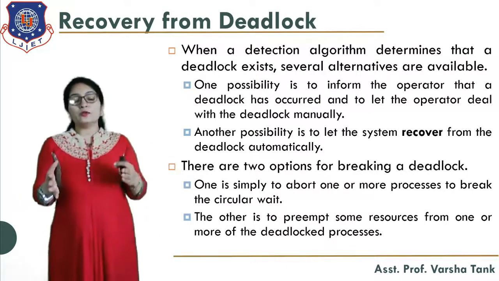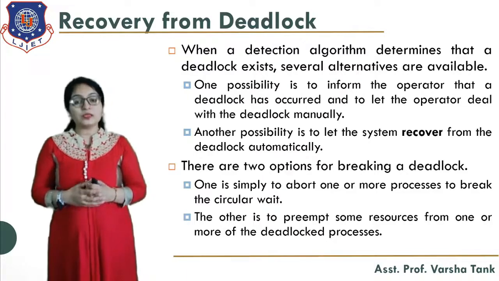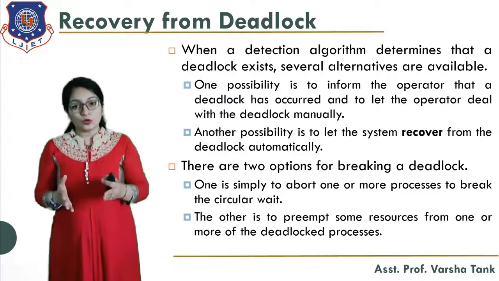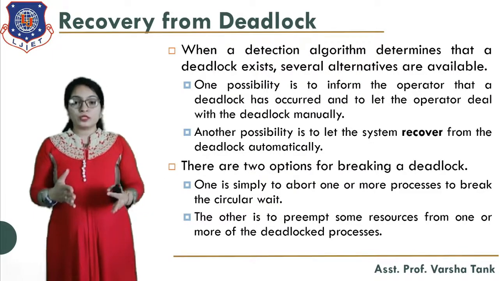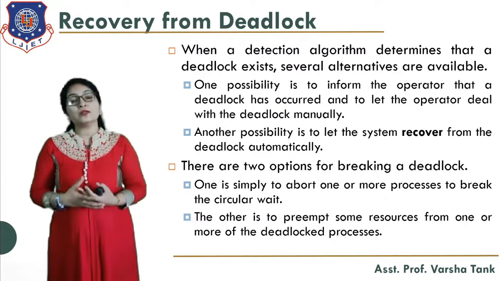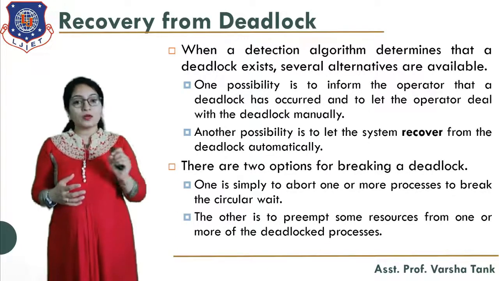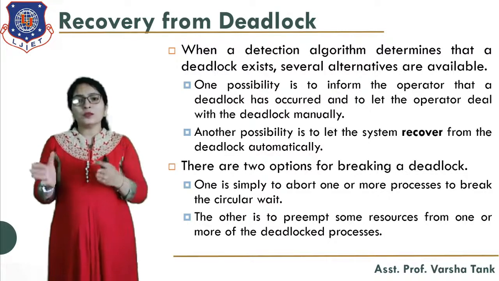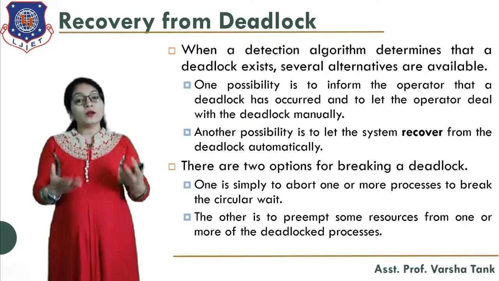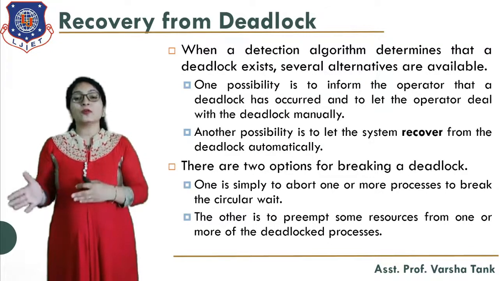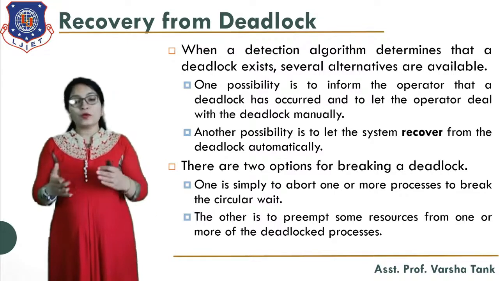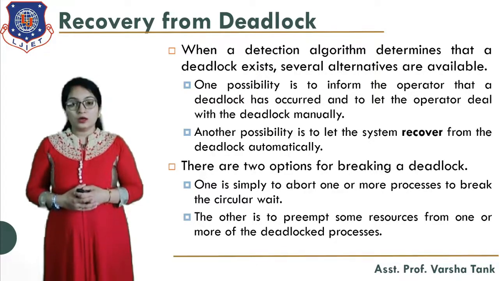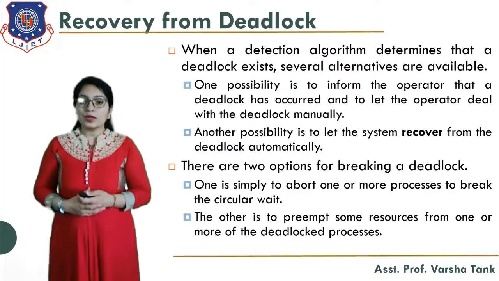Let's see the example of processes P1 and P2. Process P1 is holding the resource R1 and wants the resource R2. In the same way, process P2 is holding the resource R2 and wants the resource R1. So there is a circular wait in that scenario. At that time, what can we do? Either abort process P1 or P2, or preempt the resource from process P1 or process P2. So you can fulfill the need of either one, either by aborting one or by preempting the resource from that process. So we can avoid the deadlock.